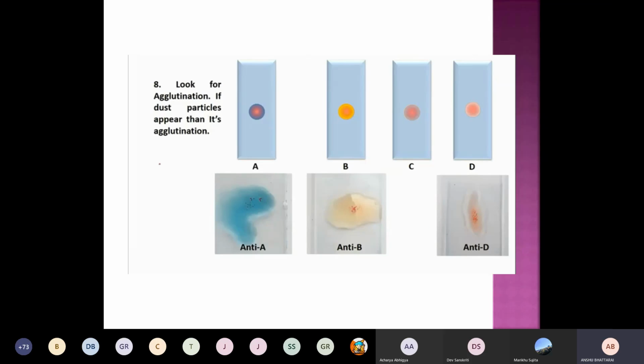Now look for agglutination. If dust-like particles appear, then it's agglutination. Look at this slide, which has anti-sera A solution and blood plus normal saline. If you find dust-like particles in this solution, then a positive agglutination reaction is there. Now if you find dust-like particles in anti-sera B solution, then there is also the presence of agglutination reaction in this solution. And if you also find these dust-like particles in anti-sera D solution, then there is also the presence of